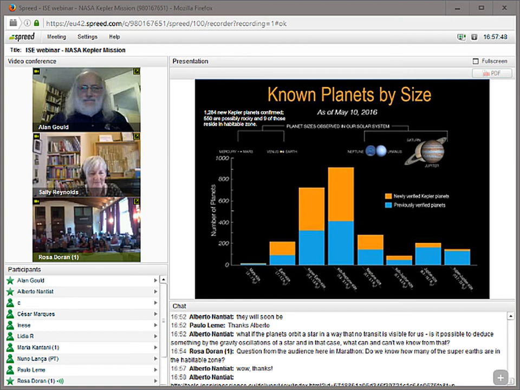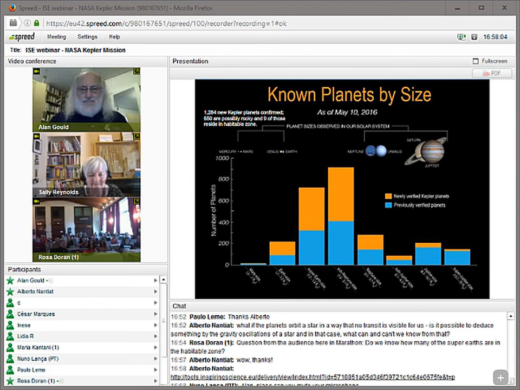Exactly. So it will take two or three minutes just to let you know that we decided to create a scenario very quickly to take this opportunity of having Alan with us. We created quickly a scenario about exoplanets. It's a scenario, again, using the five inquiry phases. So in the Inspiring Science Education platform, you can see that in the orienting phase we have a nice movie